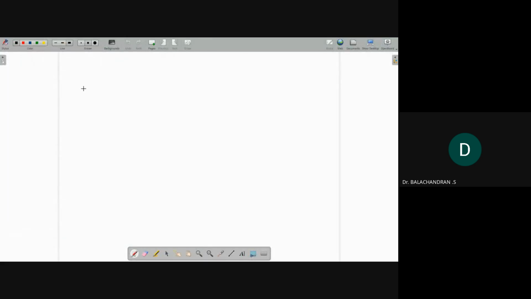So, in this class, we will discuss some of the problems in Fourier transform. The first problem is: find the Fourier transform of... Yesterday, we discussed finding the Fourier transform of a square minus x square. So, today we will discuss finding the Fourier transform of